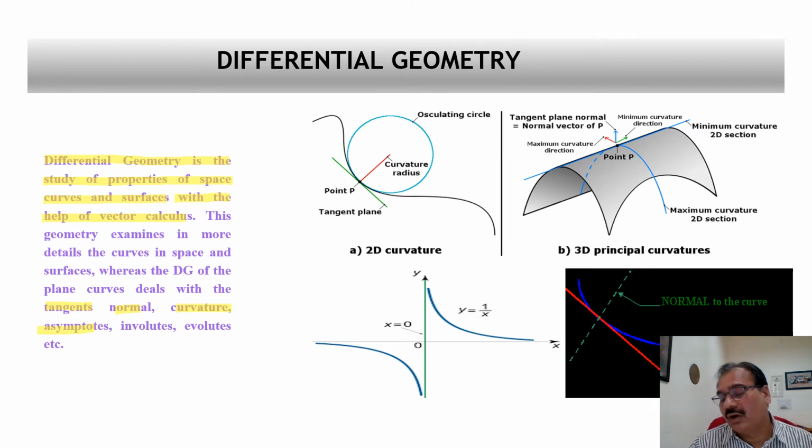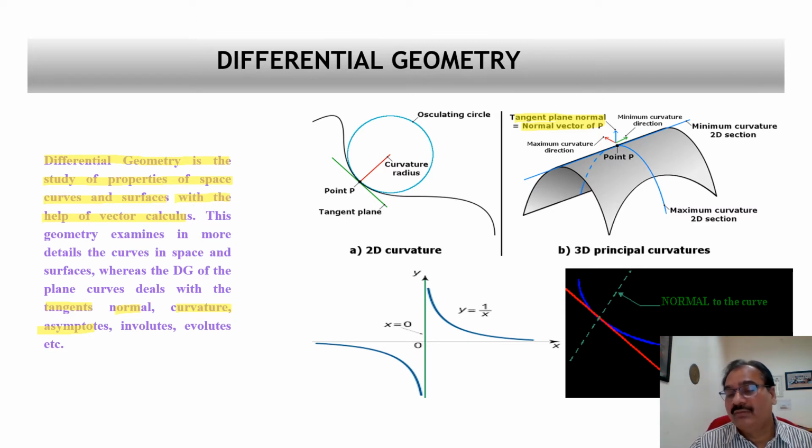Okay, we have already gone through the various mathematical courses, where you know this in more detail. Just to revise your memory, I have taken a few pictures here, so you realize what the tangent is and how it looks, what the radius of curvature is, what the curvature is, what the osculating circle is, and what the tangent plane is. Similarly, here the tangent plane normal. This is the 3D principal curvature for any surface,